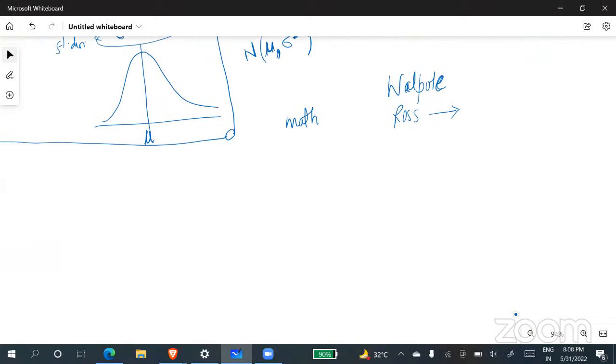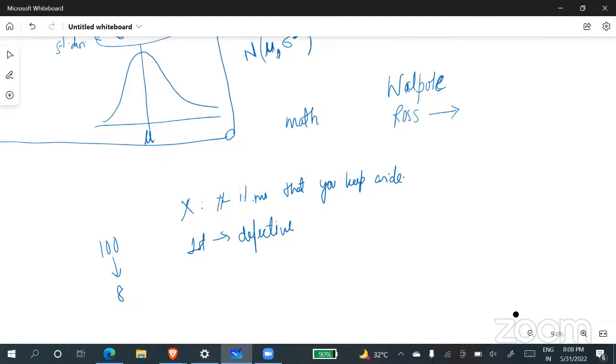Yes. Okay. Visible. So x is defined as the number of items that you keep aside. Now we have 100 objects, out of which eight items are defective. Now let's say the first item you picked came out to be defective. So if you keep it aside,